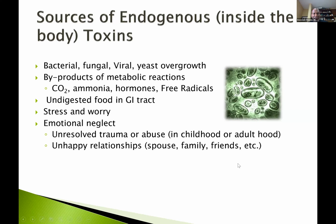So what about inside the body? Where do we get that? We have beneficial bacteria in our gut. We shouldn't really have fungus in our gut, but we do, Candida primarily. And if the good bacteria dies out, then the yeast can overgrow and cause